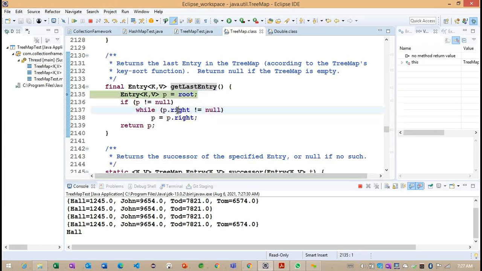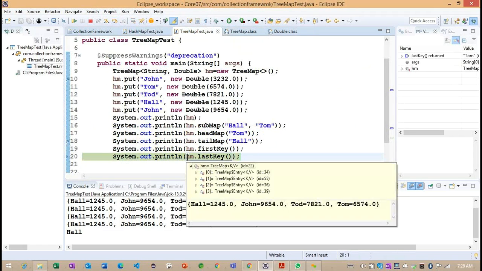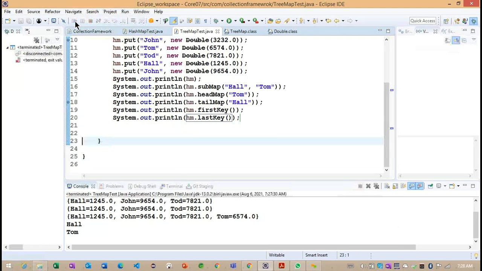So we'll see, right, p.right. For the first key, p.left. Getting the point. So see the internal implementation of TreeMap. This is important here. Now they're trying to retain only one. So what is the last key we are getting here? Tom. Right. So this is all about our last key.